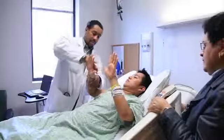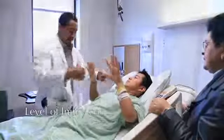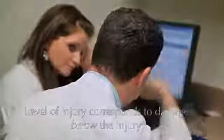Whether the cause of a spinal injury or illness is traumatic or non-traumatic, the damage affects the nerve fibers passing through the injured area. That can damage or weaken part or all of the corresponding muscles and nerves below the injury site. Doctors have already or will assign your loved one a level of injury that corresponds to the damage below the injury. In Chapter 5, we'll explain more about these injury levels and how they can impact you or